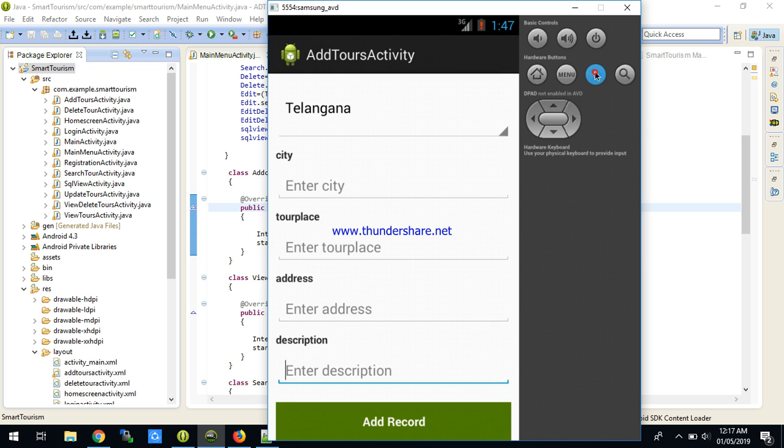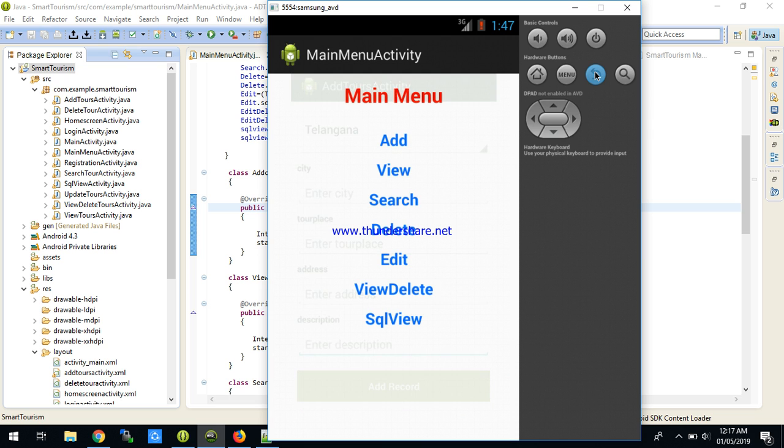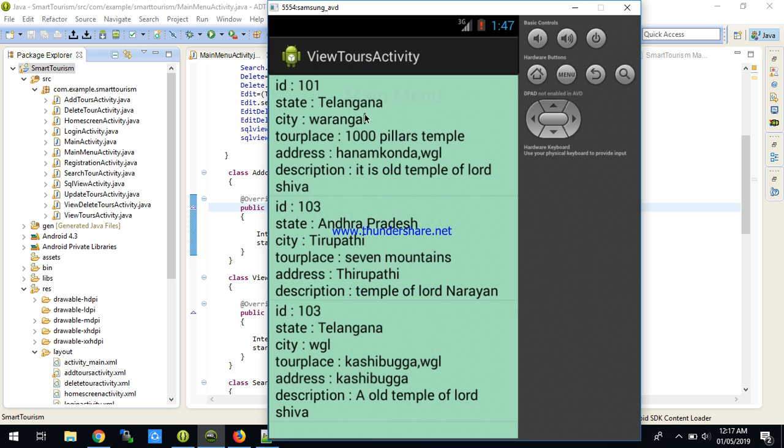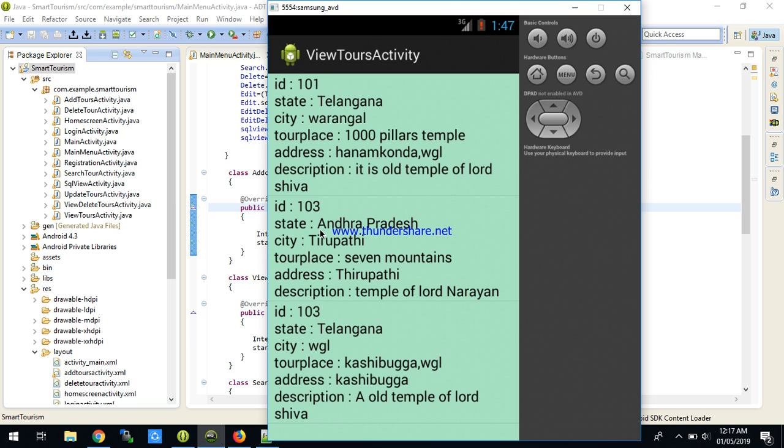Now I'll go back to the main menu, and I click on view to see all the records that are present in the tours table. So it is going to show the records. See, these are the records. This is 1, 2 and 3, like this the records that we have added, and all the records it is showing. Now I'll get back,